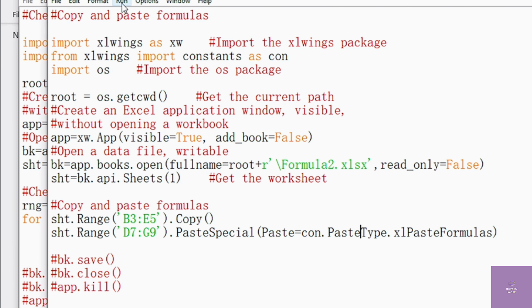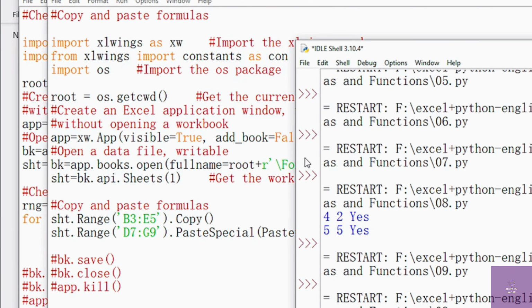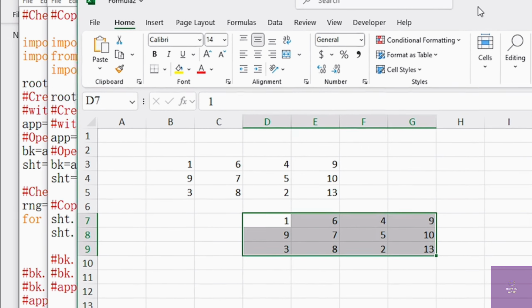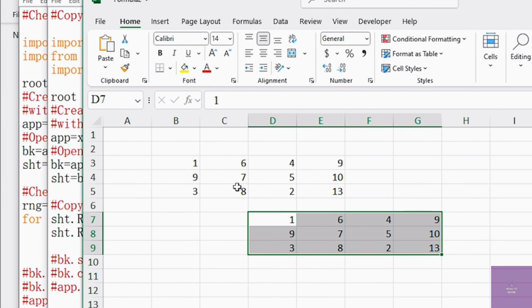Okay, run. You will find that, in fact, all the data is pasted. All data are pasted in the specified range. Okay,